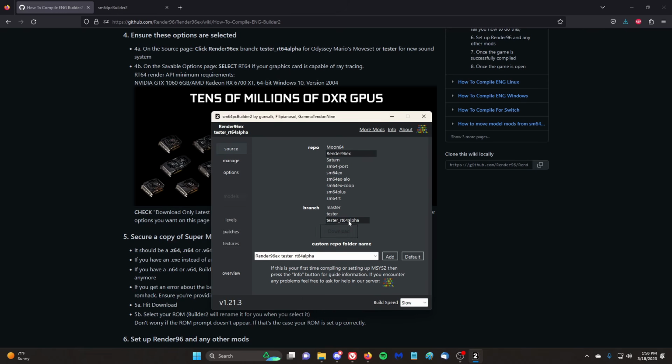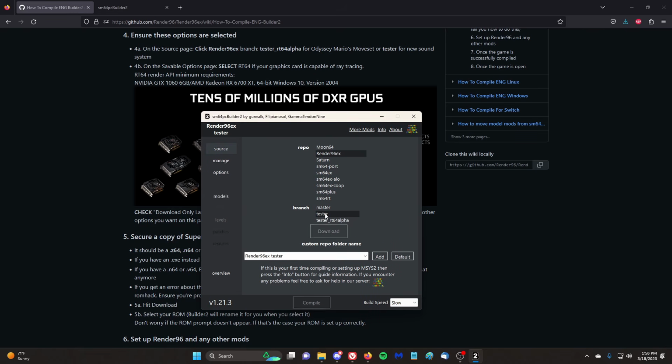If you do choose to go with RT64 alpha and you want to experiment with ray tracing, you might run into some graphical issues. For example, when I was using it, the bases of the switches were supposed to be reflections, but they had these weird black lines on them. That's an example of an issue I ran into, but with tester, I don't have those issues. So that's why I'm going to choose tester. For the best performance, I'd recommend rolling with this one, as RT64 is in its early alpha stage, whereas tester is a little more